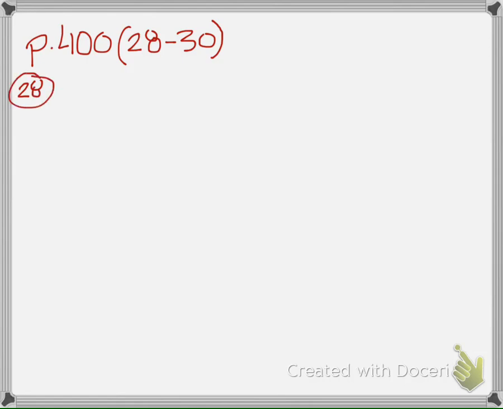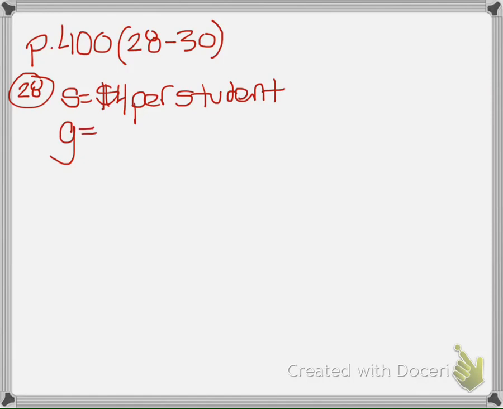Problem 28 says ticket sales, and you are selling tickets for a high school play. Student tickets cost $4, so I'm going to use S for student, and they cost $4 per student. And it says general admission tickets cost $6. So general admission is $6, and that's per person. That would be if somebody comes with their family, their friends, or somebody who's just not a student. It says that you sell 525 tickets altogether,